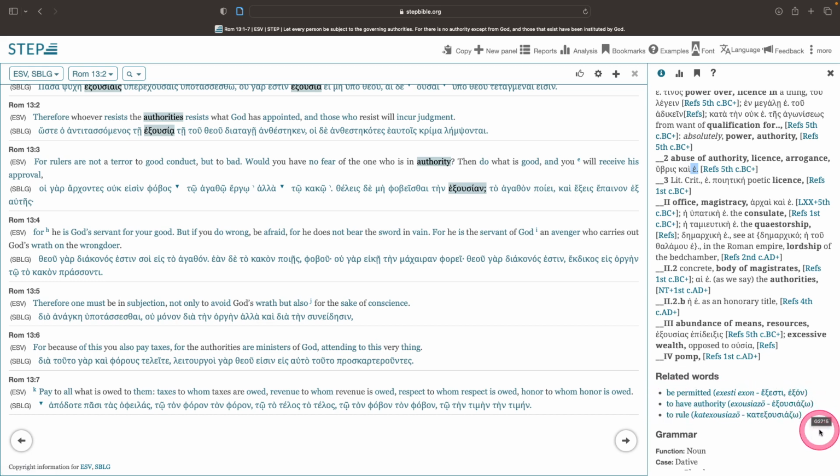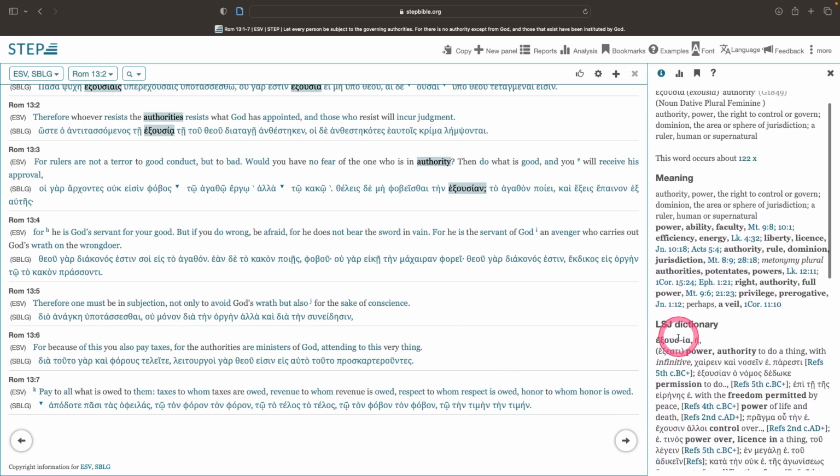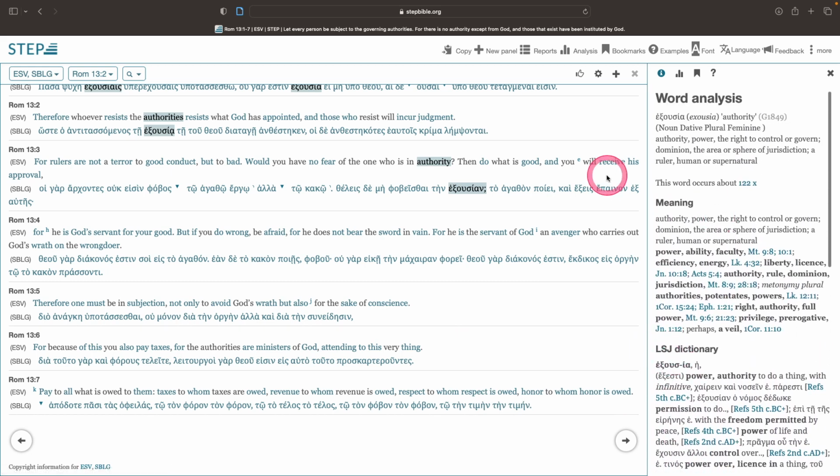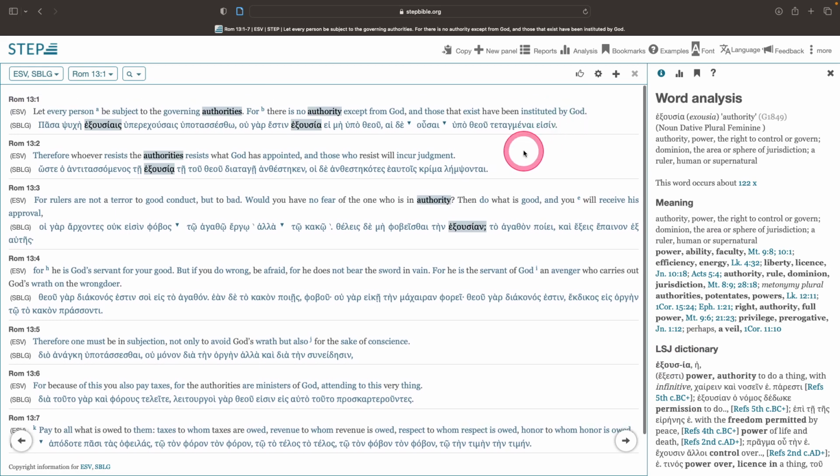Exousiadzo is to have authority, and kat exousiadzo is to rule. And these are the two that would be sort of most relevant for the New Testament. And if you were to click on each one of these, you'd get a word search of where these words appear. Another way to do this, to get a list of where the particular word appears,